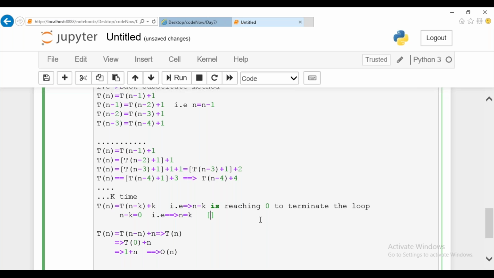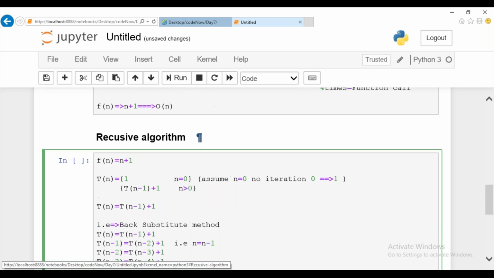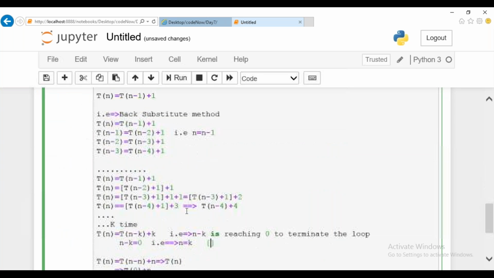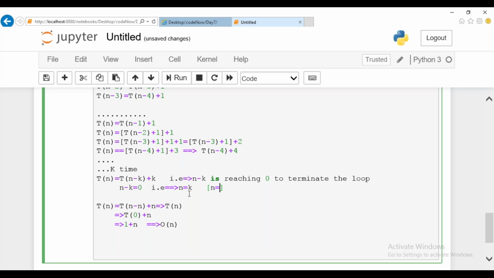Okay, I'll give you a small example, guys. Let me take this example with a different value. Let me assume that your n value is 5 for the same expression. For the first iteration, that is nothing but n minus 1, so you'll be calling your function and the n value will be 4. For the next iteration, n minus 2, where you'll be decrementing this value, and it will be passed as 3.